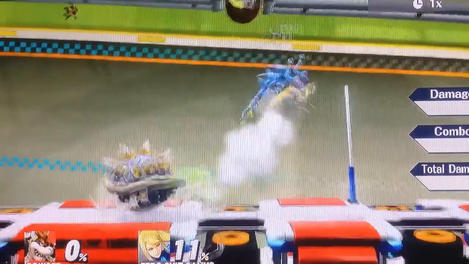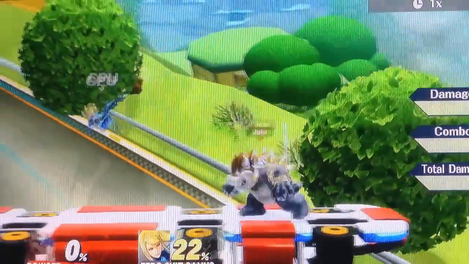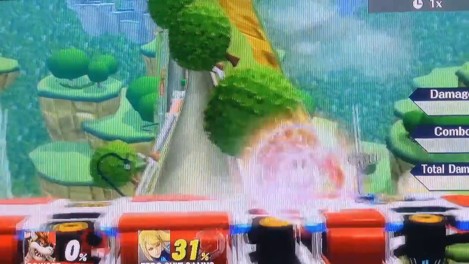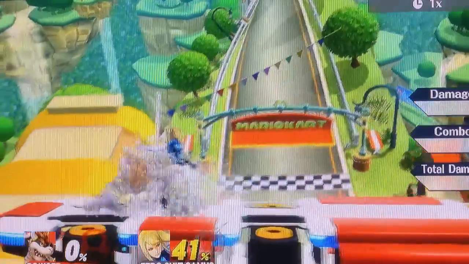His up B is one move that I really wanted to talk about. This is probably one of the strongest things in Bowser's entire kit, which is not common for any move whatsoever. So what you can do with up B, you can jab into up B, you can forward tilt into up B sometimes, you will a lot of the time shield and then up B,